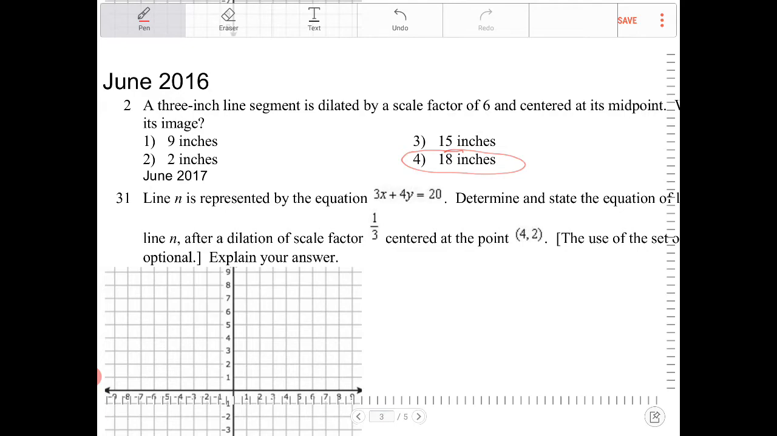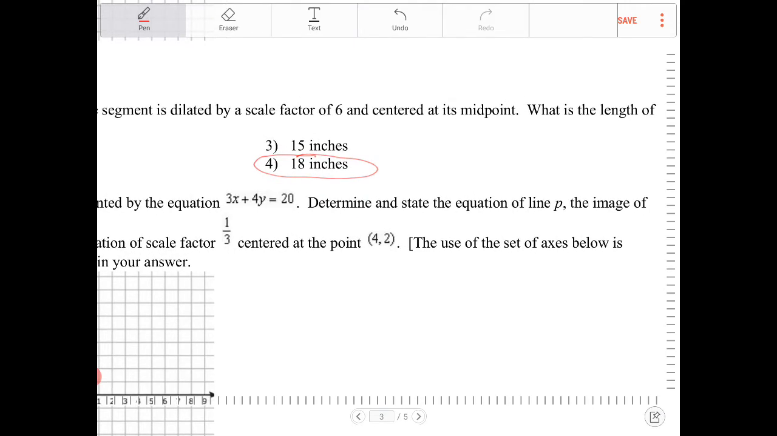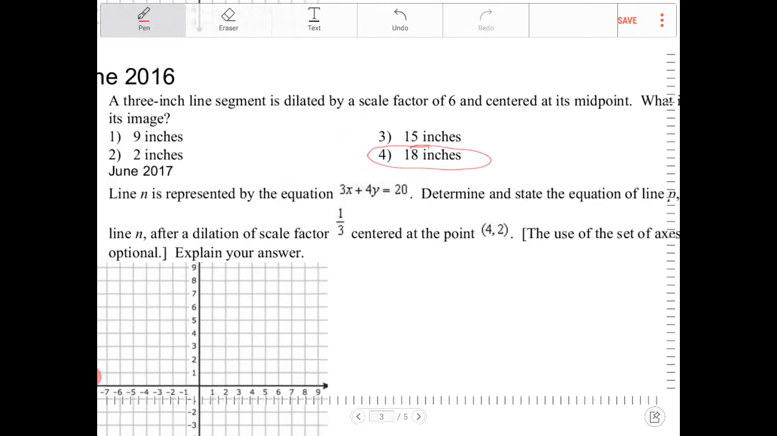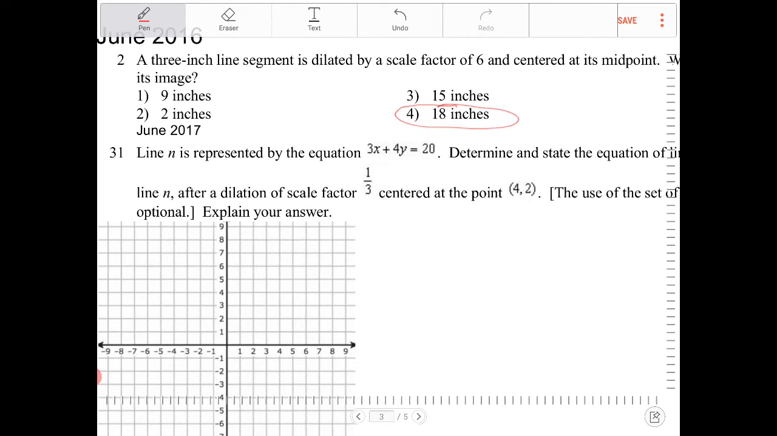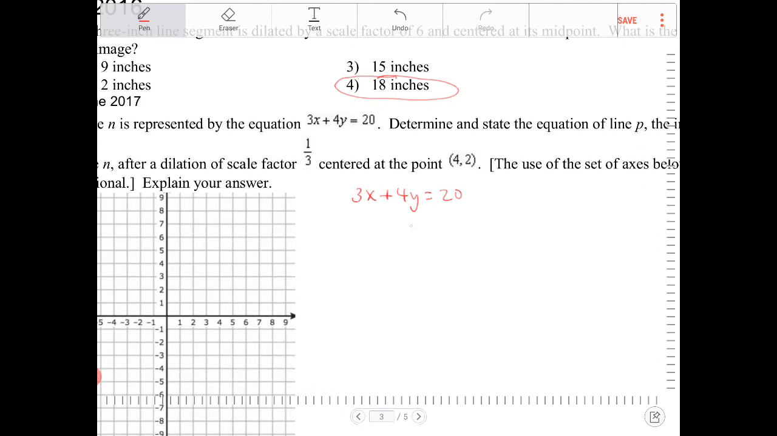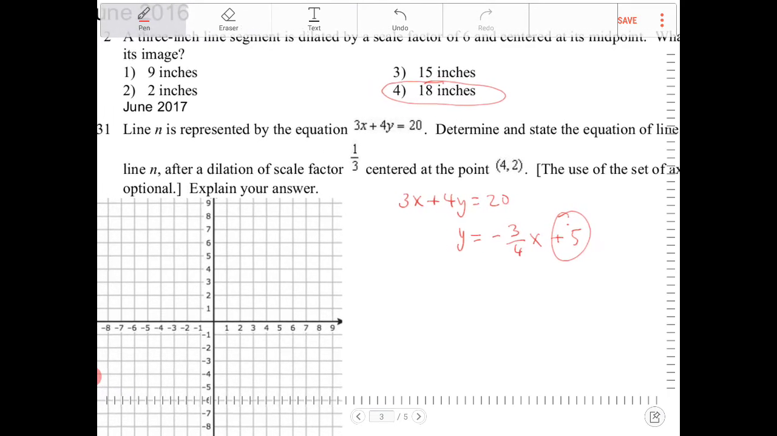Line N is represented by the equation 3x plus 4y is equal to 20. Determine and state the equation of line P, which is the image of line N after a dilation of factor 1/3. So 3x plus 4y is equal to 20 can be re-expressed as y is equal to negative 3/4 x plus 5. Why am I rewriting it in slope-intercept form? Well, that's because I wanted to know what the y-intercept is. Because this thing is being dilated over the origin,